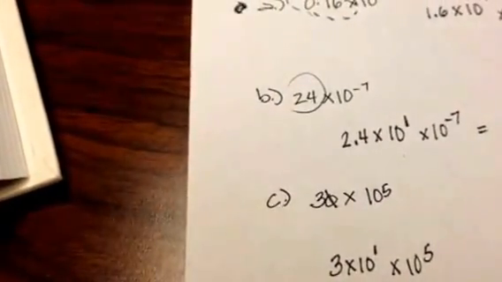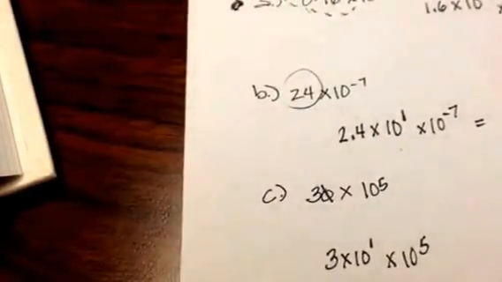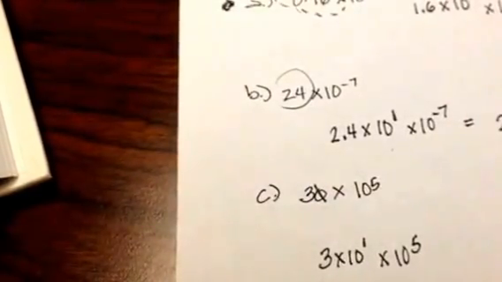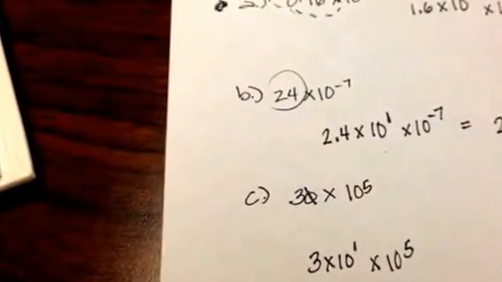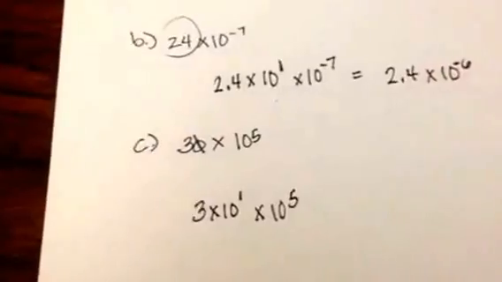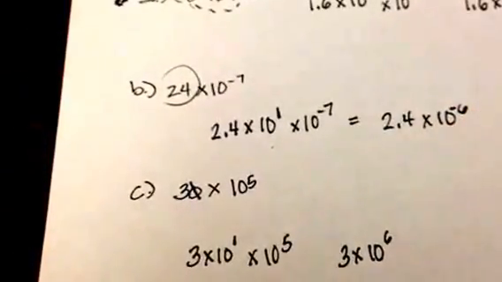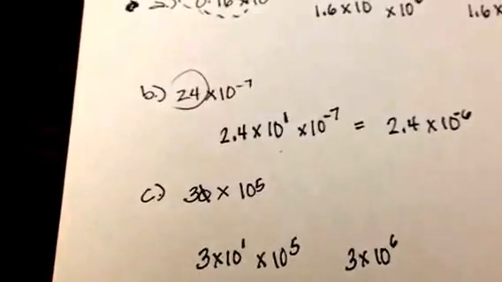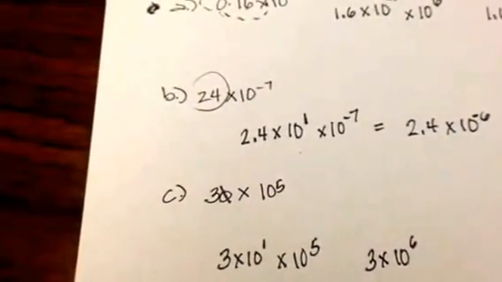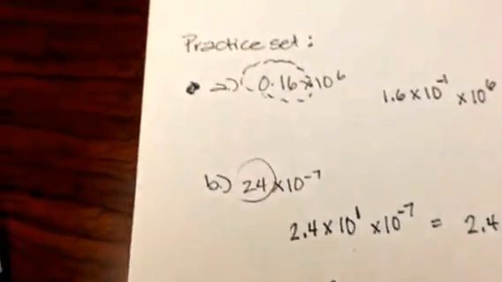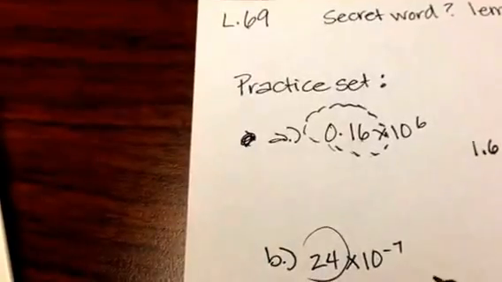And now I'm just going to add those two together. And what am I going to get? Well, so easy. 1 plus 5 is what? 6. So I'm going to get 3 times 10 to the 6th. Okay? It's really easy. I don't know, maybe it's easier if you even think, without doing the separate step, think,